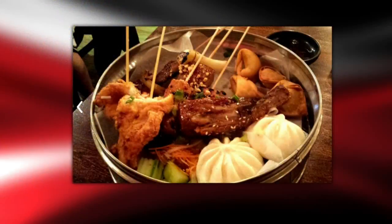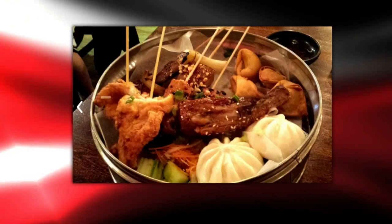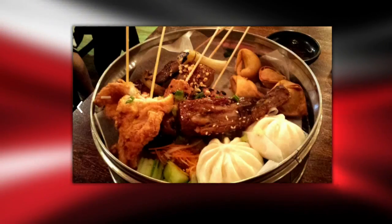Yeah, we have some great ones in town. Let's bring up the first one. I have a great picture here of a dish from Street Food Asia. Oh, wow. It is the small plate sampler. Okay. And this place is actually finger food central. They have so many dishes that are really fun to eat because they model themselves after street food from Asian countries all over Asia. So that's just one. Another take on